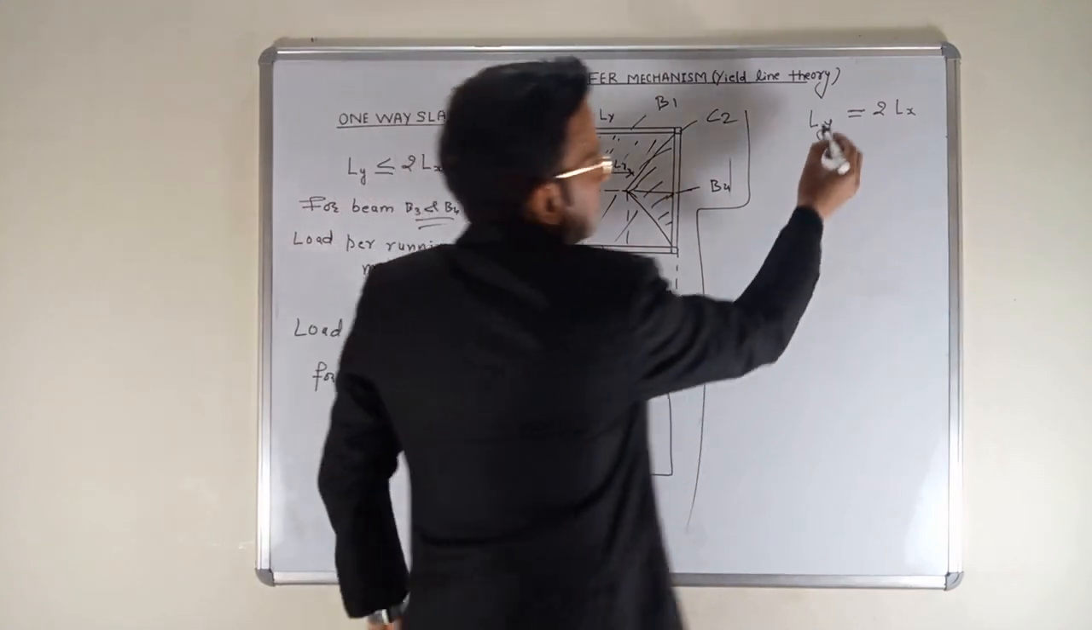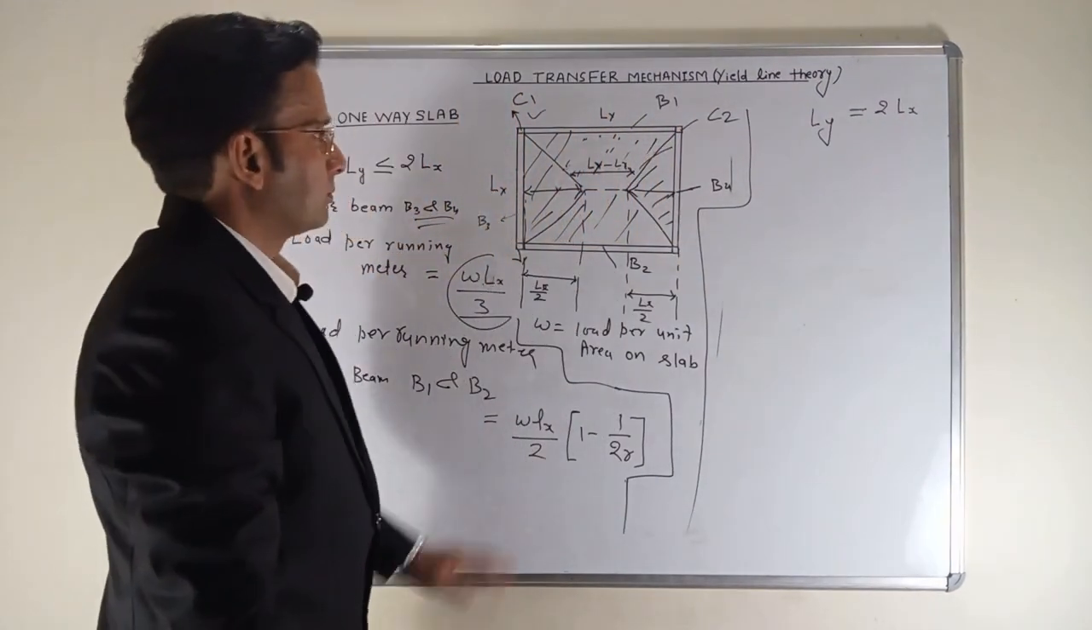Okay. Now I proceed. What happens when Ly is equal to 2Lx? In that case,